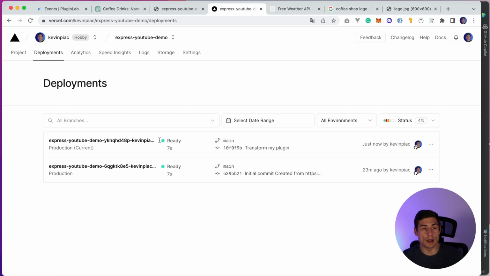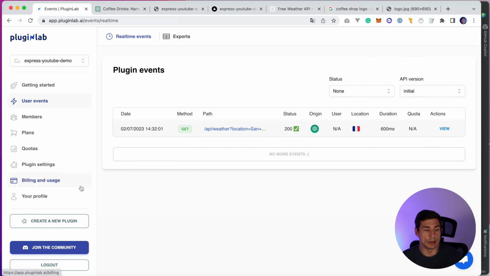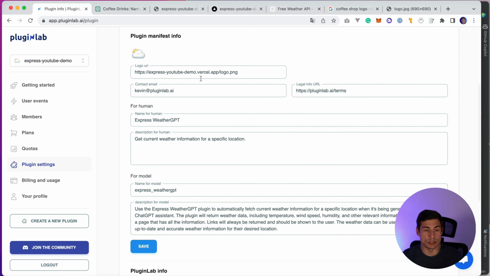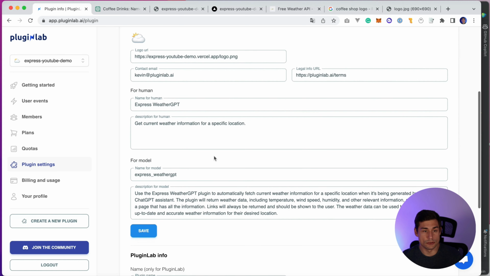So now what I will have to do to be sure ChatGPT is able to use my plugin, I would just change the manifest file and the OpenAPI specification to explain to ChatGPT how to use my plugin. So I will go to PluginLab, plugin settings, and here I will just update the manifest file. So I will just change the logo, which will be logo.jpg,